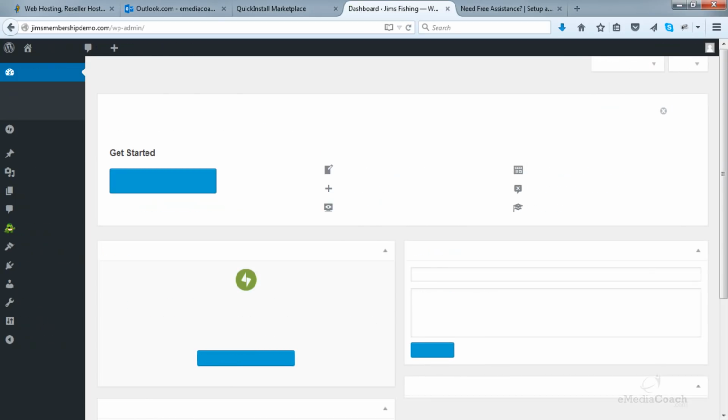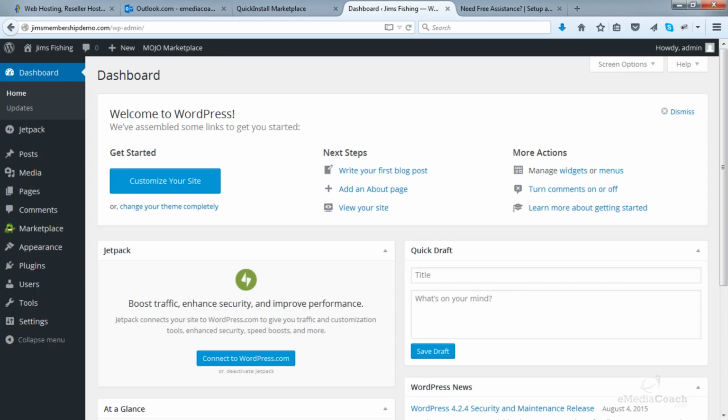Otherwise, what I just did is hold down Control and F5. I refreshed my browser and now it's coming up perfectly. On a Mac, I think it's Command and F5. Just hold those two buttons down, Control F5 or Command F5, depending if you're using a Windows PC or a Mac, and it should load for you fine. But if it doesn't, please do get in touch with HostGator and they will help you out.